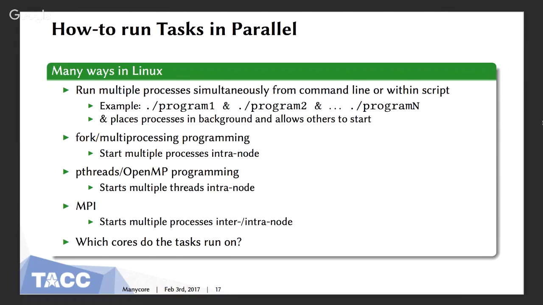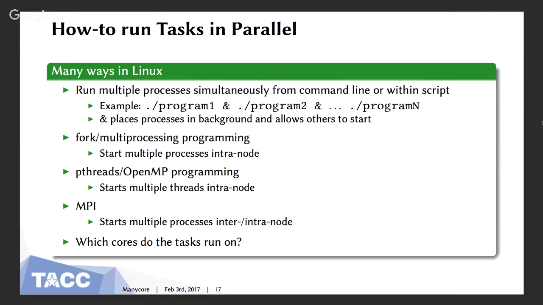And finally, there's MPI, which you've probably all heard of. Basically what it's doing is starting multiple processes, opening up pathways for them to communicate. And this can be intranode within the same node, or it can be across thousands of nodes. We're not going to talk much about MPI today. We're going to focus on within a core or within a node types of programming, which is actually where you get quite a bit of parallelism out of our new KNL processors because they have 68